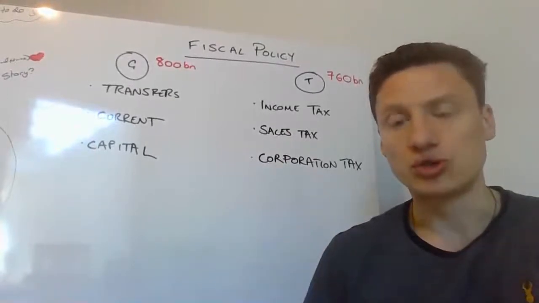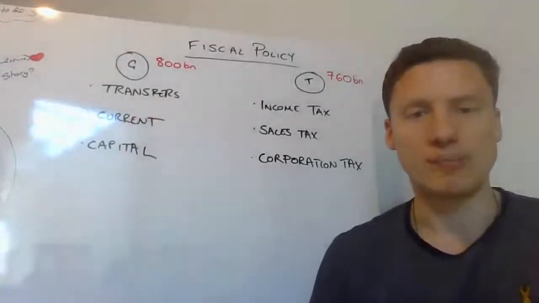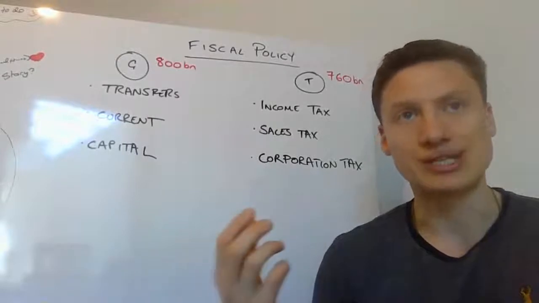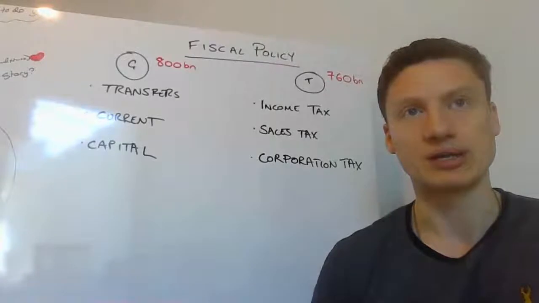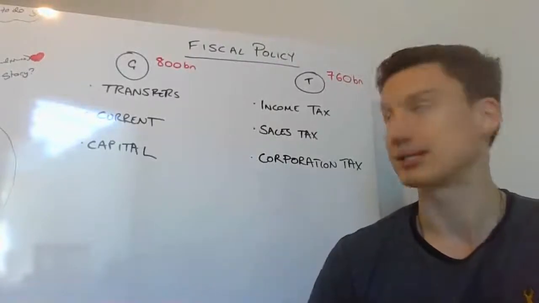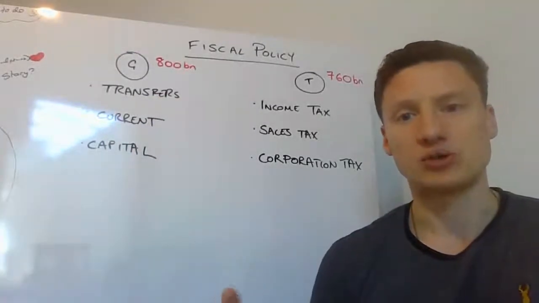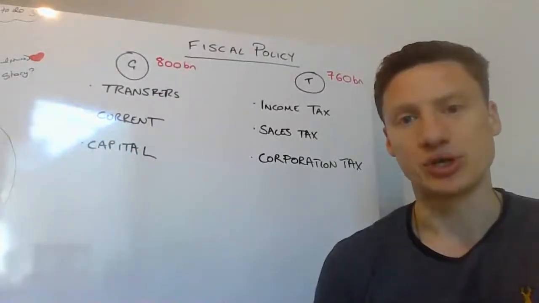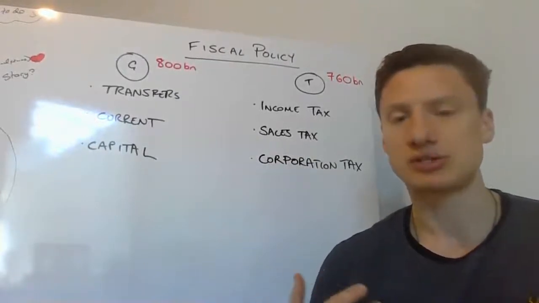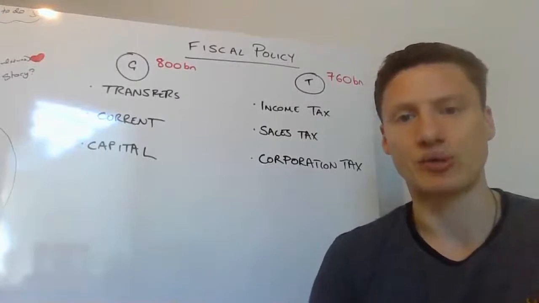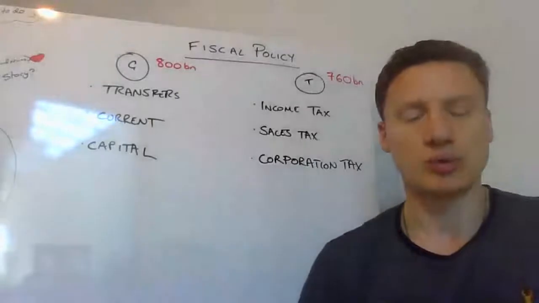And for those of you who do the IB economics, remember that transfers should not be used in national income accounting. So when we actually work out GDP and we do C plus I plus G plus X minus M, we really shouldn't include any transfer spending in that. That's because no economic output was made in return. And GDP is all about measuring the financial value of economic output. Well, if I'm simply transferring money and there's no economic output in return, we simply shouldn't be including transfers in there.